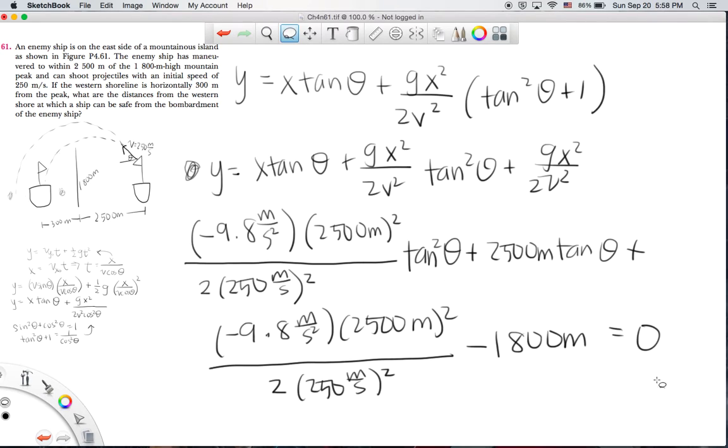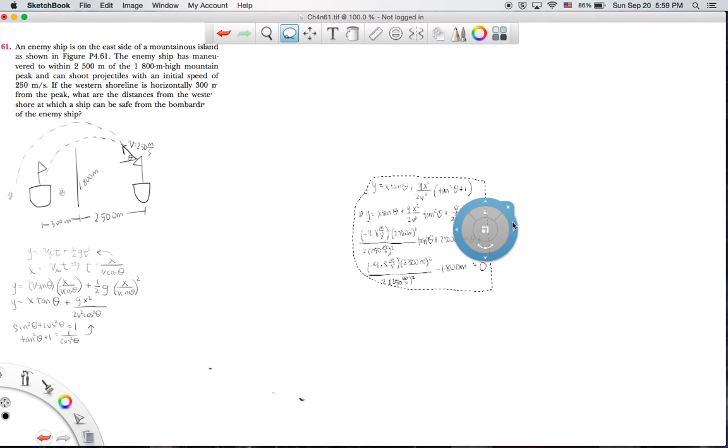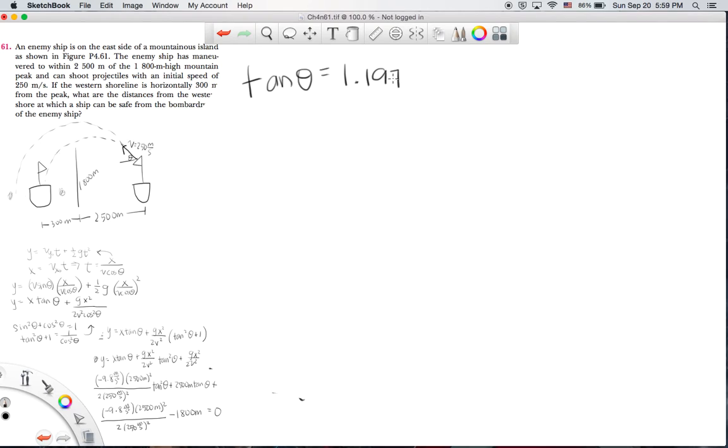So if we solve that equation, we will get tan theta equals 1.197 or tan theta equals 3.905. So theta equals 50.11 degrees, or theta equals